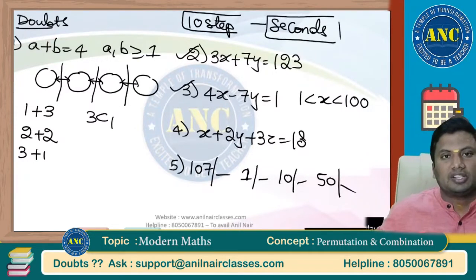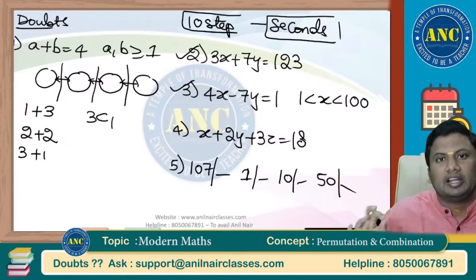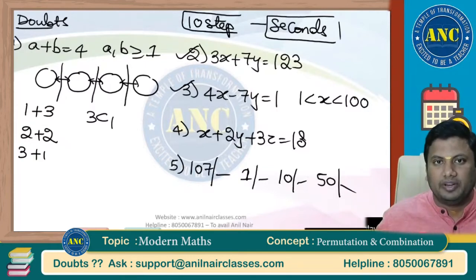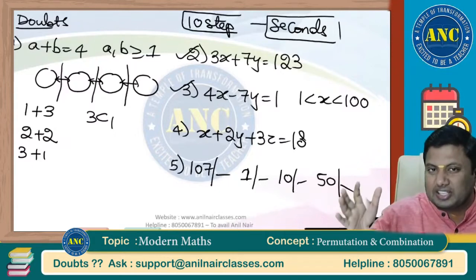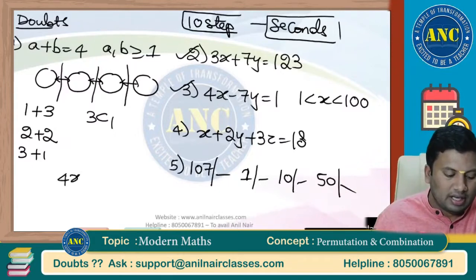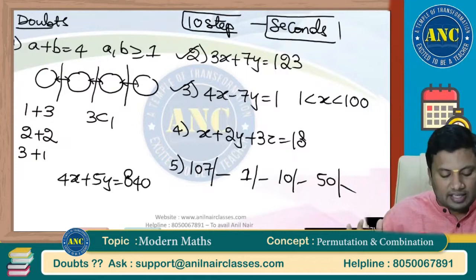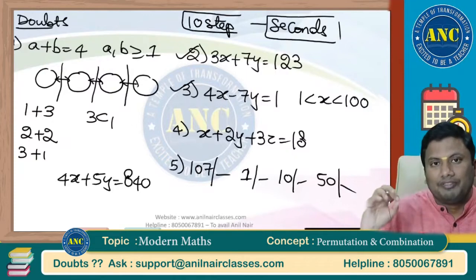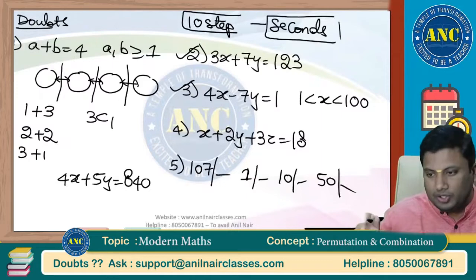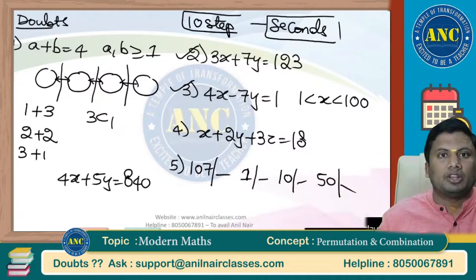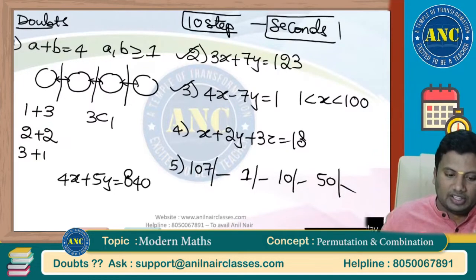Extremely important class. At the end of the class, you will tell that 3x plus 7y equals 123 has 5 positive integral solutions and 6 non-negative integral solutions. If anybody asks you how to find the number of positive integral solutions, directly you will say that the answer is nothing but 43 non-negative integral solutions and 41 positive integral solutions. Without even putting pen on the paper, the students who are watching this class will be able to solve it. Let us get into it.